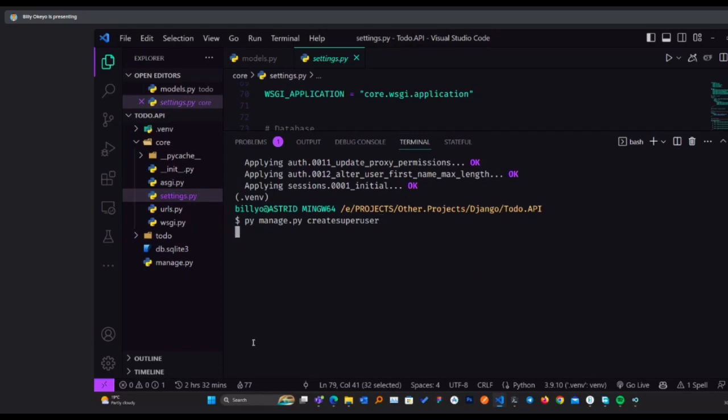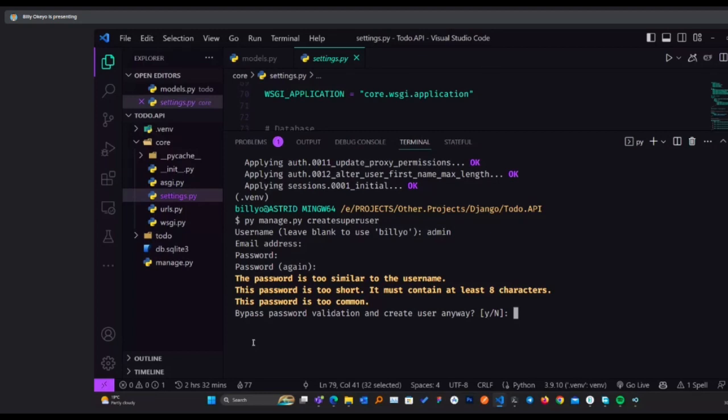When I execute that, it will ask me for the username. I'll have the username as admin. I'll skip the email address. The password I'll have is admin. I'll type my password again. Well, I'll just keep the checks. So we already have our superuser created.